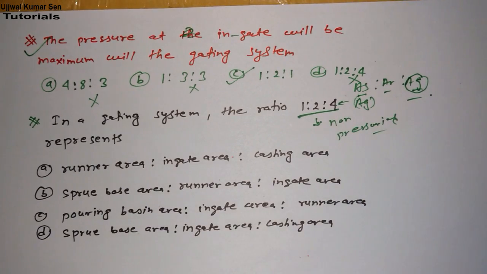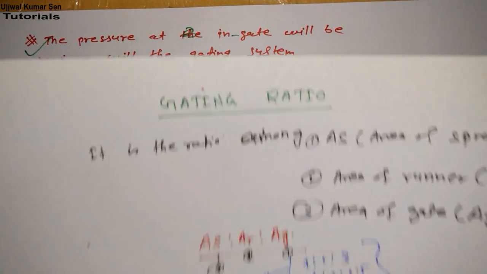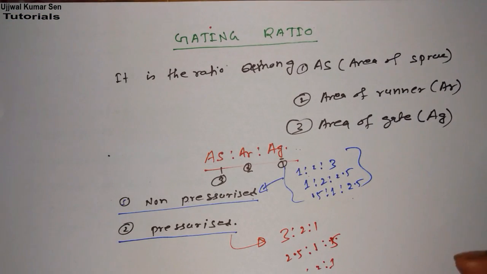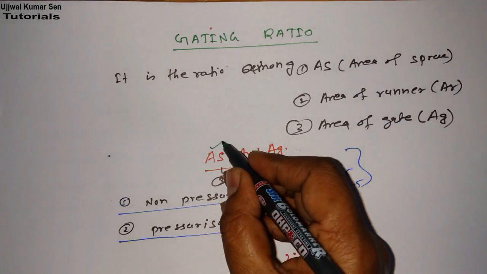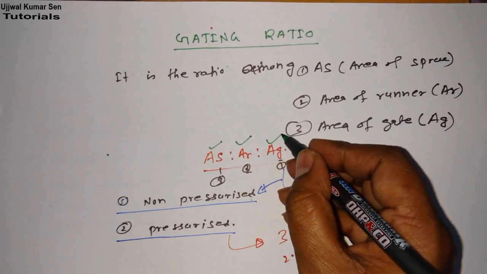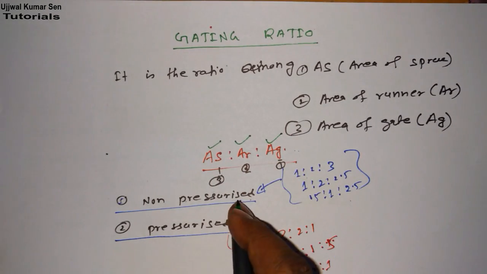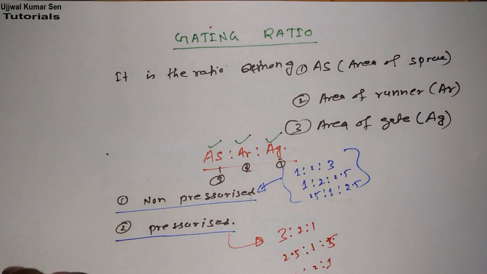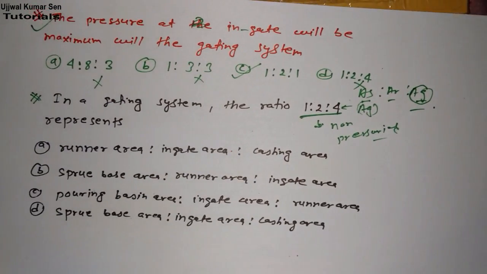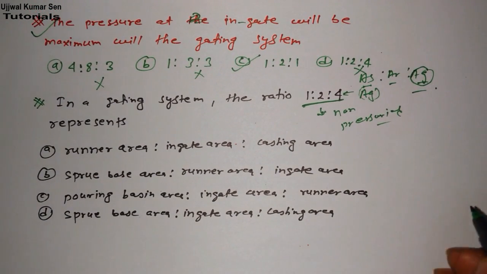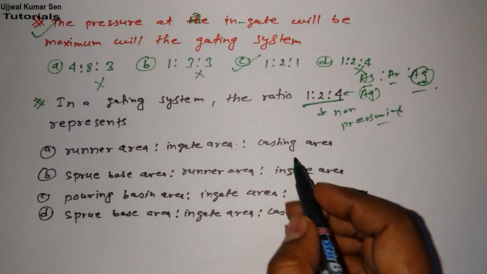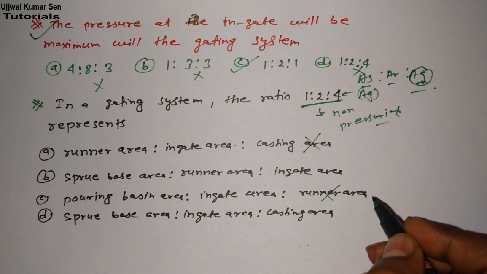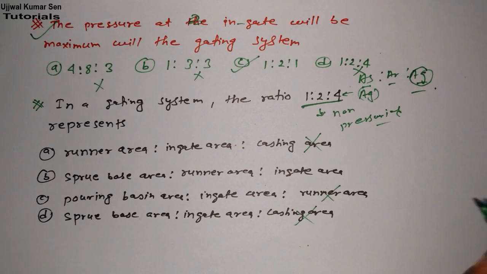So basically, what is the ratio of gating? I have already shared with you, and from this page only you can solve all problems, although I have written only two problems. The ratio is area of sprue, area of runner, and then area of gate. I have told you also how to remember this ratio. So the same ratio we have to get from those options. First of all, we have to see from the last side, right? Casting area, the last one, is wrong, and runner area is wrong, casting area wrong. So the option is